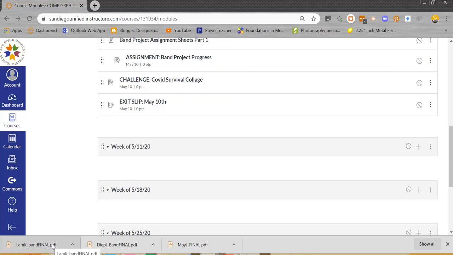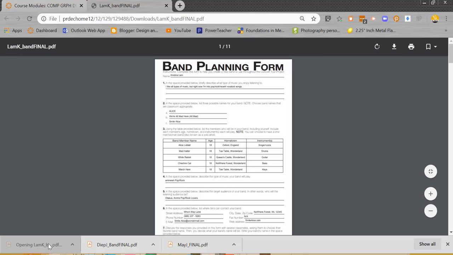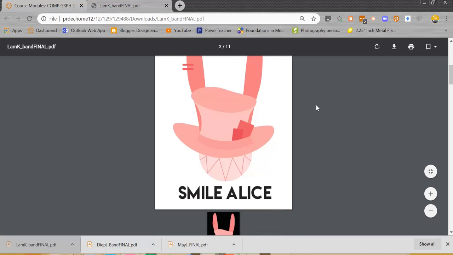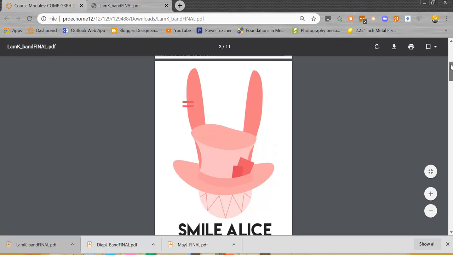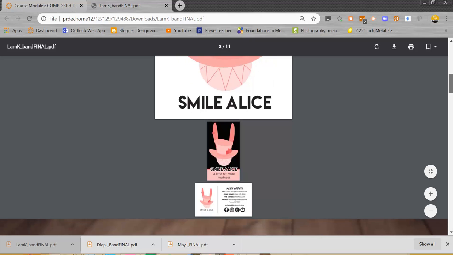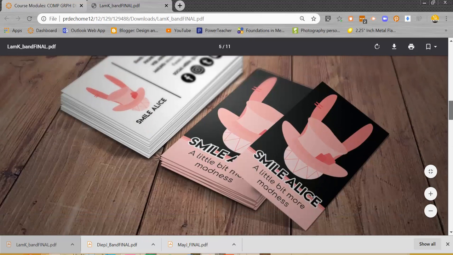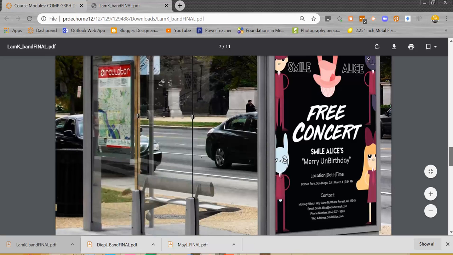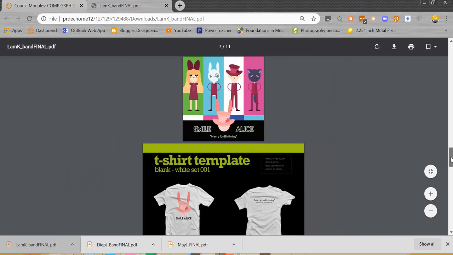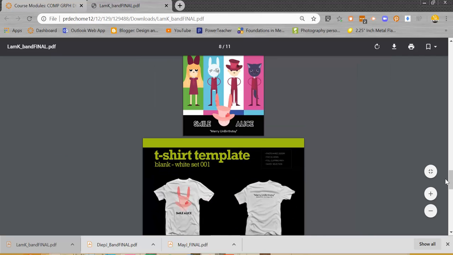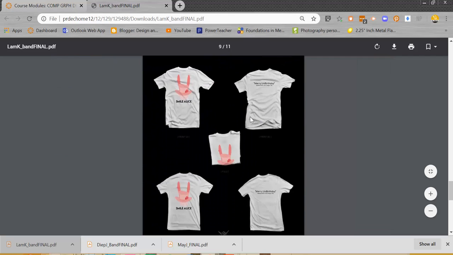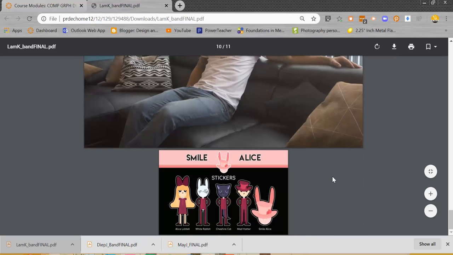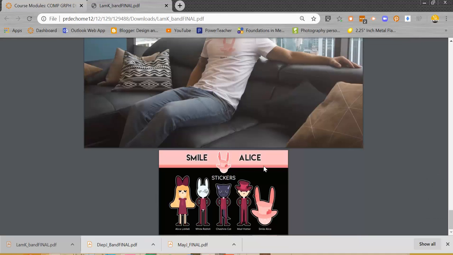Let me show you a couple student works for the band project. For this one, this student did a full band, made a 2-sided business card, did a mock-up. That was her concert flyer. She chose to do an ad for a bus, essentially just taking the flyer and putting that up. She set up the album cover. She set up a t-shirt design, did a mock-up with a shirt on a guy, and she asked if she could do something besides the optional ones I had, and she thought it'd be cool to have stickers, so she